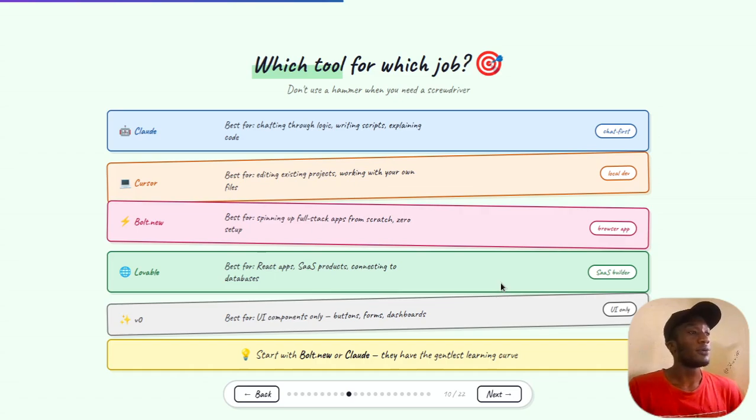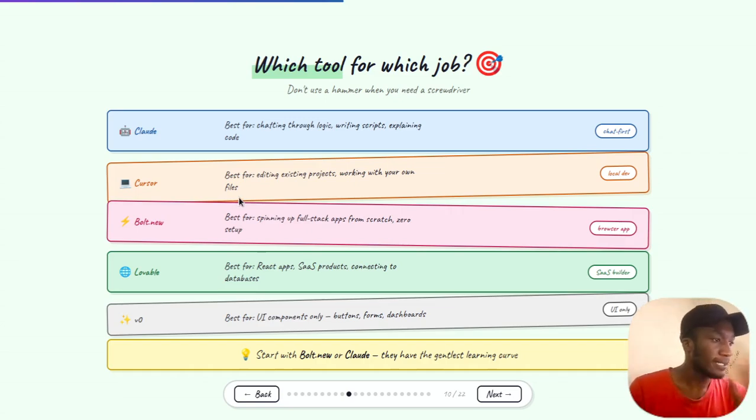Which tools for which job? Claude is the best when chatting through logic, writing scripts and explaining code. It's chat first. Cursor is best for editing existing projects and working with your own files. Bolt.new is for spinning up full-stack apps from scratch with zero setup.